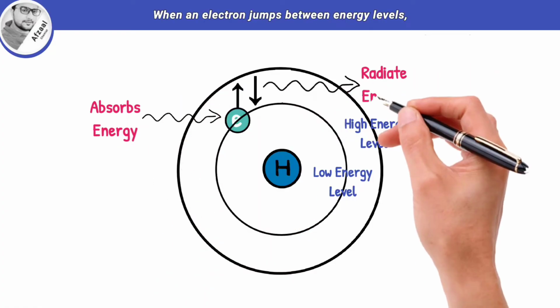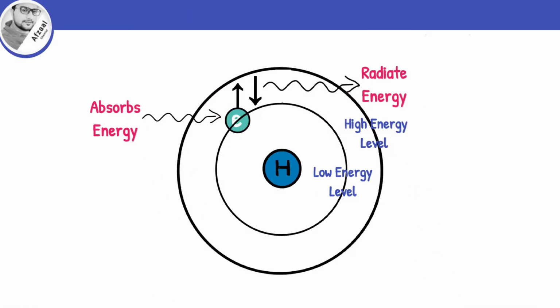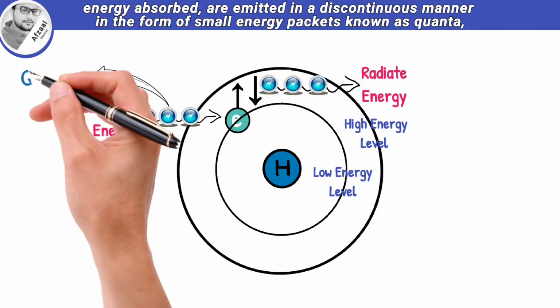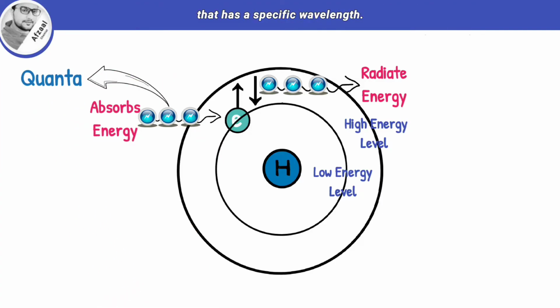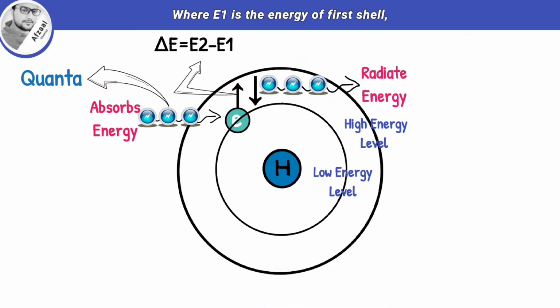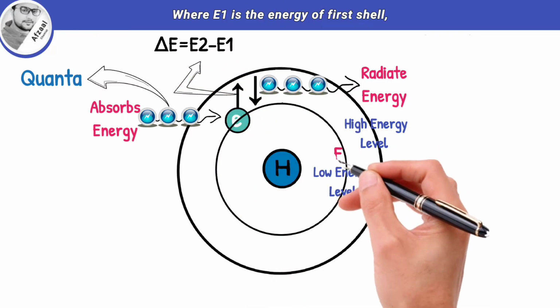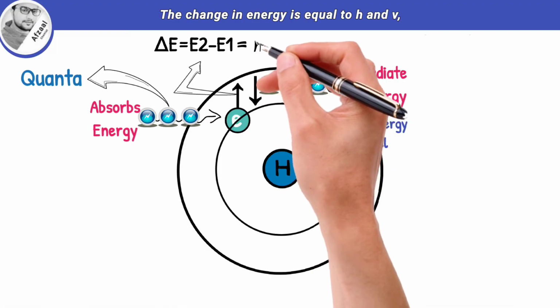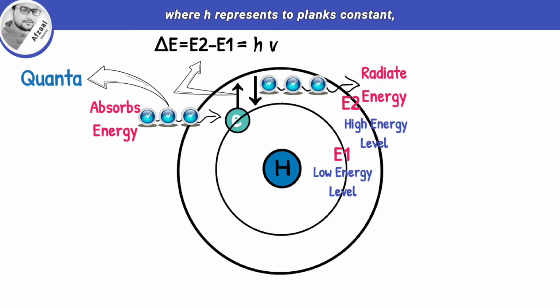When an electron jumps between energy levels, energy is absorbed or emitted in a discontinuous manner, in the form of small energy packets known as quanta, that have a specific wavelength. This change in energy is given by Planck's equation, where E1 is the energy of the first shell, while E2 is the energy of the second shell. The change in energy is equal to h nu, where h represents Planck's constant, while